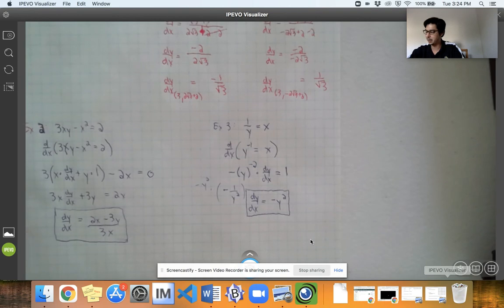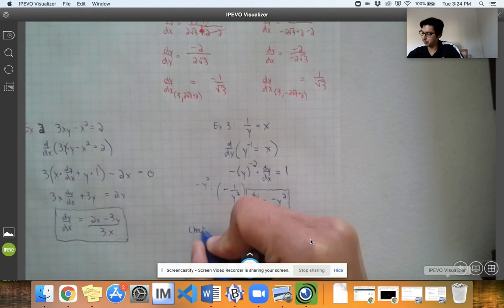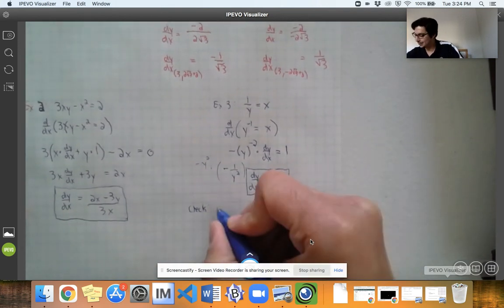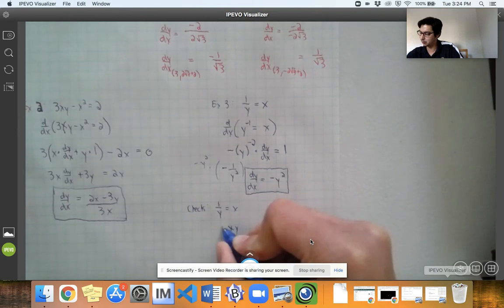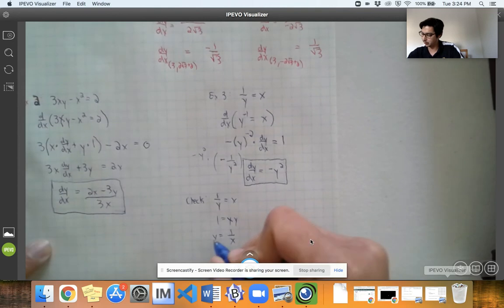Good. And I hope that's right. I want to make sure. Well, let's check. What if we did it the old-fashioned way? Let's check. 1 over y equals x. If I solve for y, I'm going to get xy equals 1, and I'll get y equals 1 over x. Okay, taking the derivative of this,